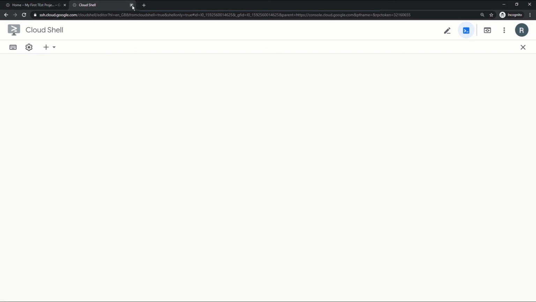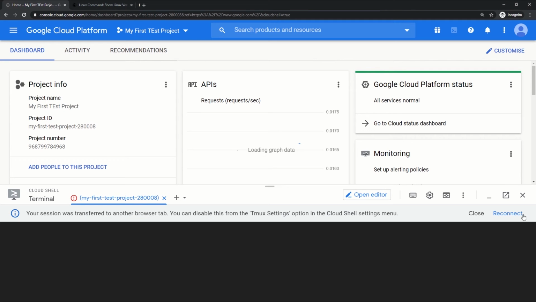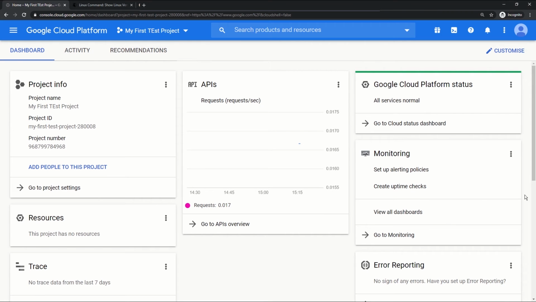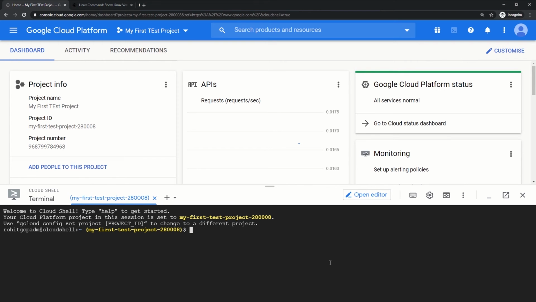Reconnect test. So we will disconnect this session. Our cloud session is disconnected. We will close it. So let's reconnect with Cloud Shell. It's again provisioning the machine, because as mentioned in the slide, every time you connect, Google will create a separate machine for you.